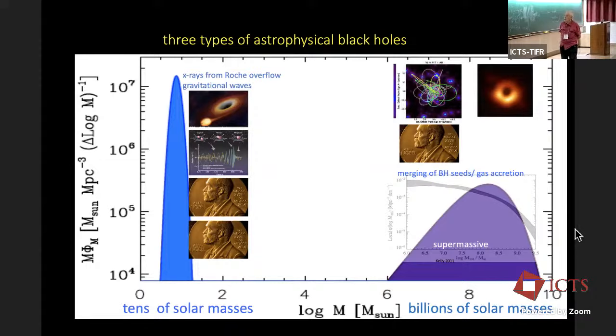Okay, so we've measured of order 100 black holes so far, in this mass range around 10 to 100 solar masses, and we're about to measure many more when the gravitational wave interferometers start turning on again very shortly with their new observing season. We estimate we'll have thousands within a couple of years.